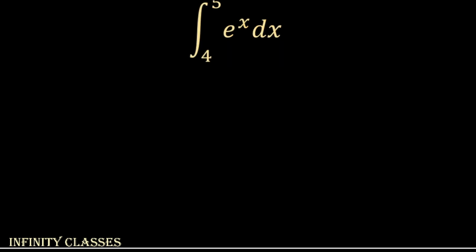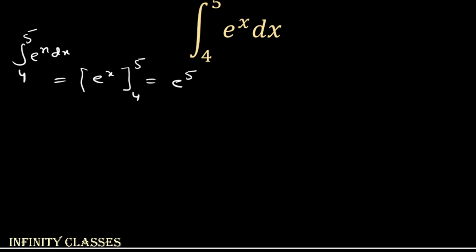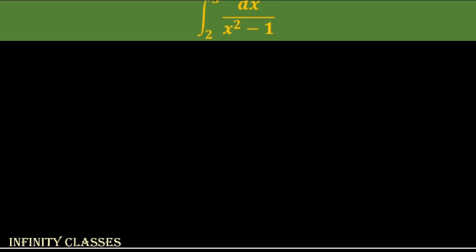This is the integration of e^x dx from 4 to 5. As we know, integration of e^x is e^x, upper limit 5 minus lower limit 4. As we know e^4 is common, so e minus 1. Okay, so next question is this one, integration of